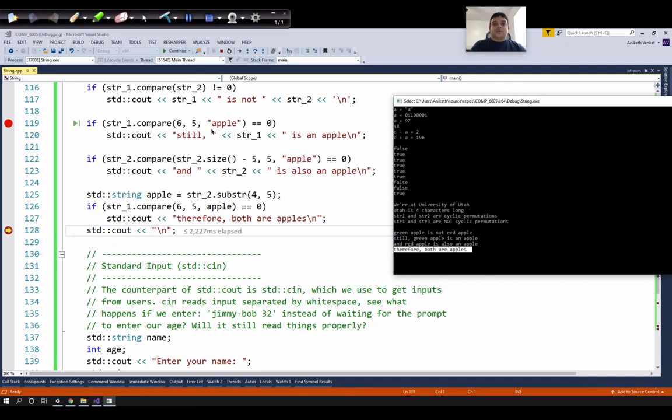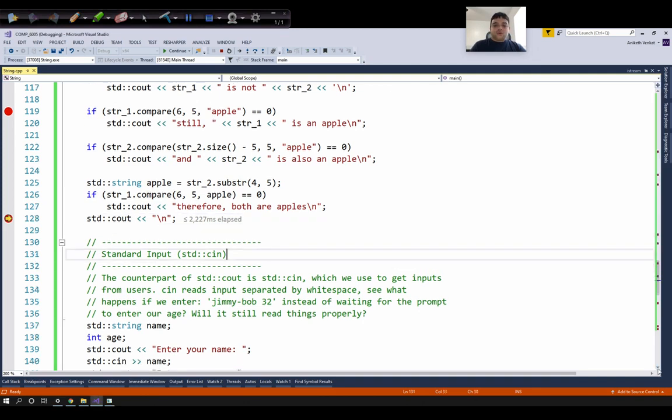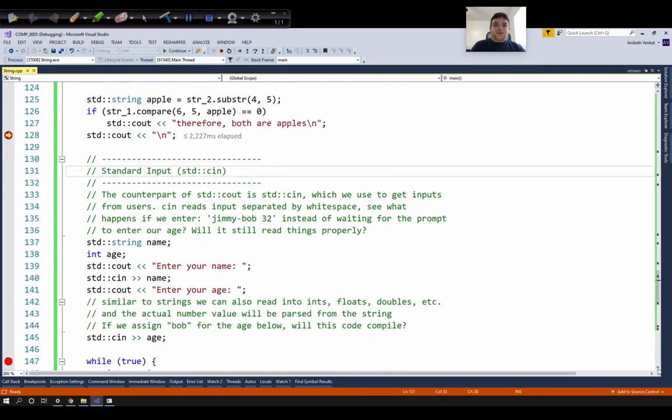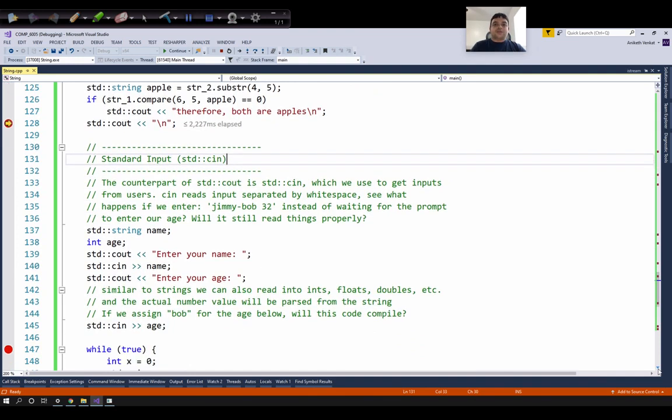So this was a short demonstration of char and strings in C++. Now I'll switch to a new topic. So I'll show you how to use std::cin and verify whether a user input is as expected, or what we should do when the user inputs something that is not expected. So first, std::cin